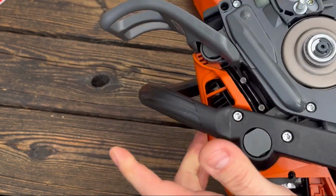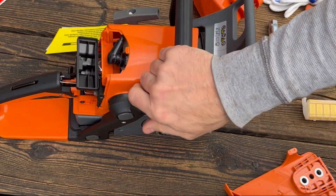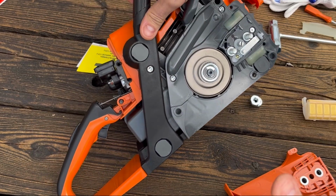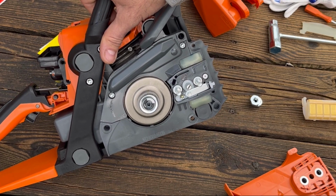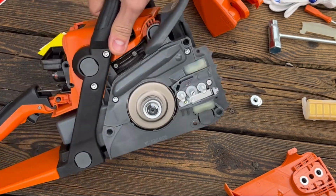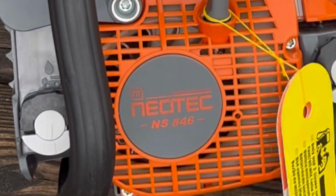I don't believe these have an adjustable oiler. Most homeowner type clamshell chainsaws don't have an adjustable oiler. So what oil comes out of here is what oil you get, right? It's supposed to be ease of use and low price point. But anyway, that's the saw, and this is the Neotec